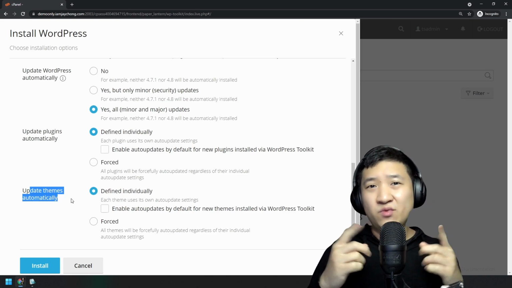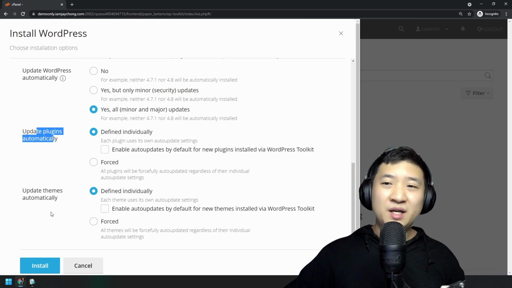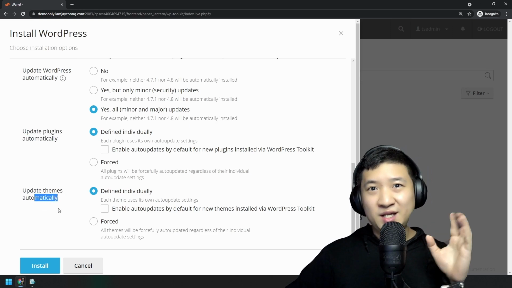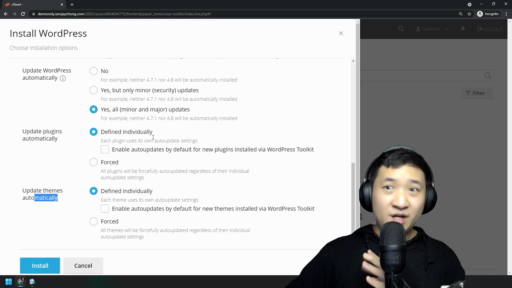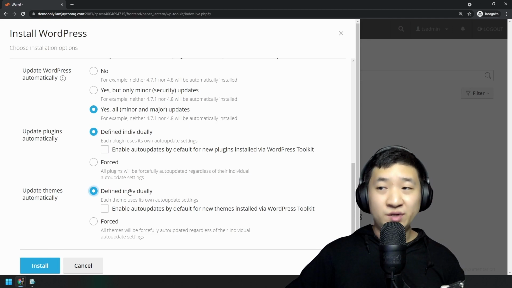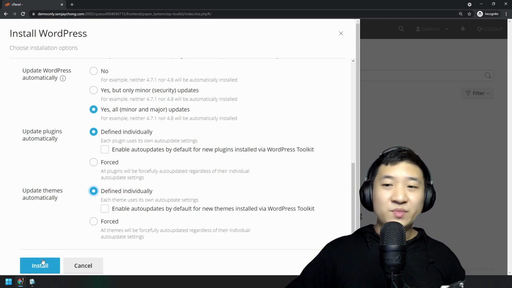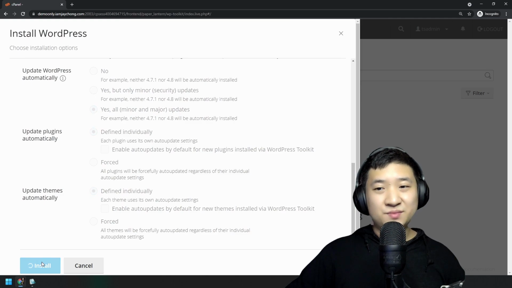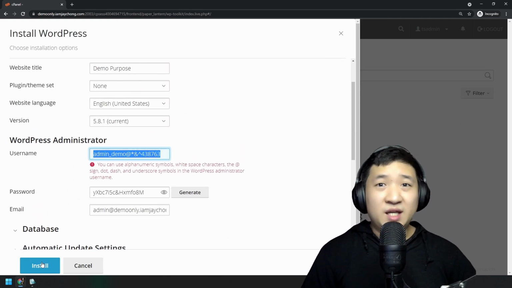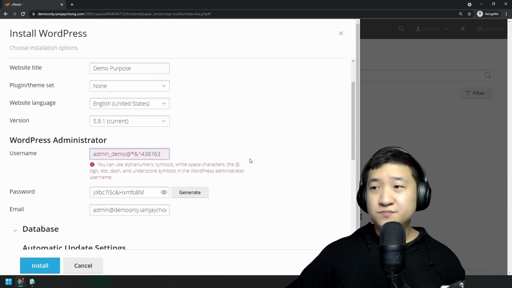I'm going to share with you how to update plugins and themes automatically in another session. For now, I will say define individually. Okay, and I'm going to install first. This installation period again really depends on your